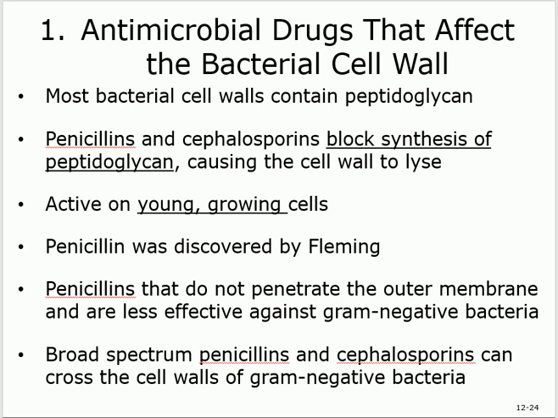Okay? Let me say it this way without going into all the details. There are different types of penicillins. This is not really pharmacology, so I'm not going to go through the details more than that. But just generally speaking, there are different types of penicillins. The older ones cannot cross the outer cell membrane, so they will not work on the gram-negative. This is the old category. The broad spectrum ones can, so they can affect both of them. So there are broad spectrum penicillins and cephalosporins.